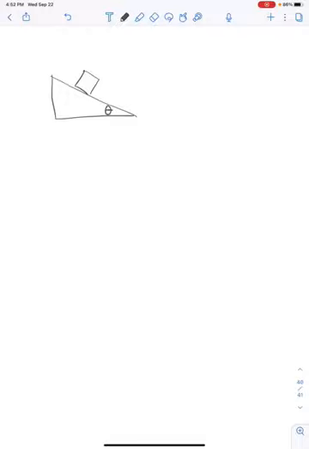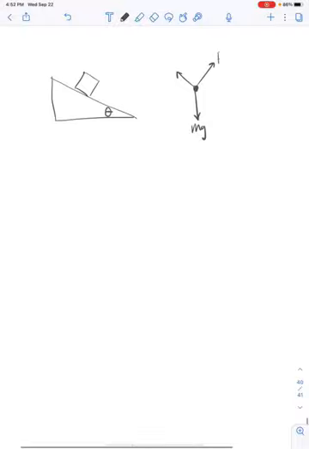If we draw the forces on this box, and draw a free body diagram over here, we've got gravity, we've got the normal force, and we've got the force of friction. Let's write those: mg, normal. Okay, and now say that we want to draw a coordinate system along our inclined plane. So now our normal force